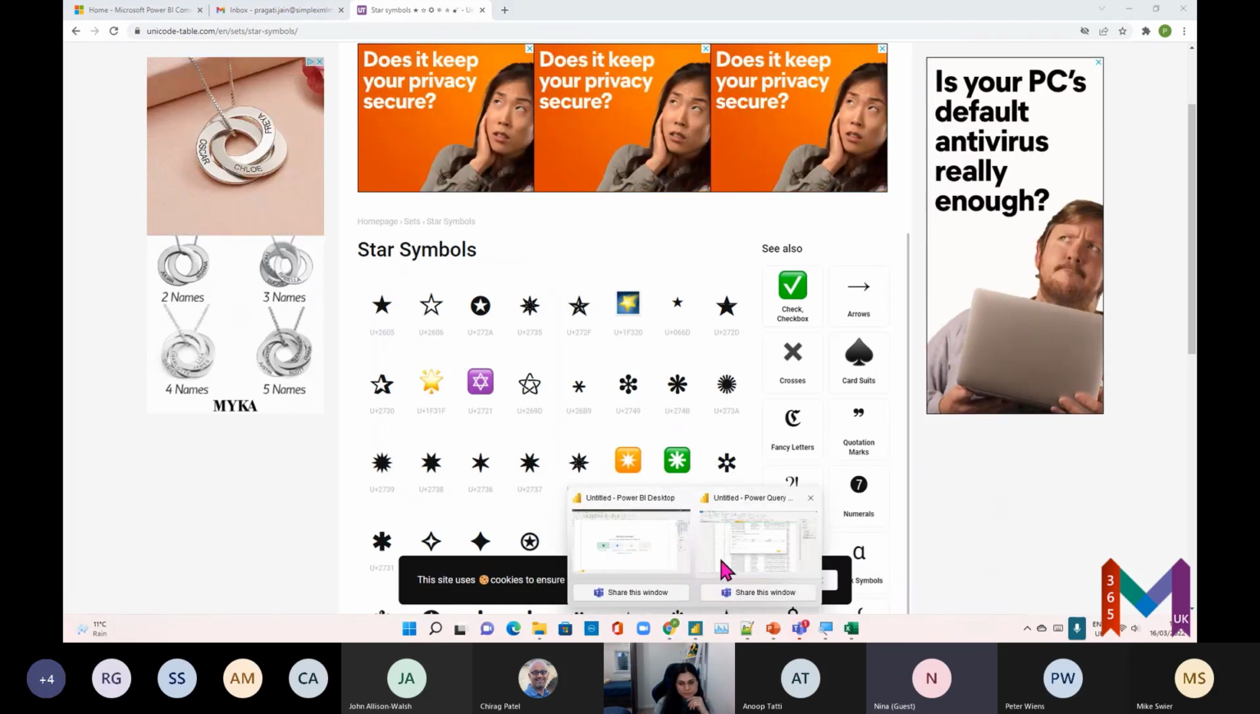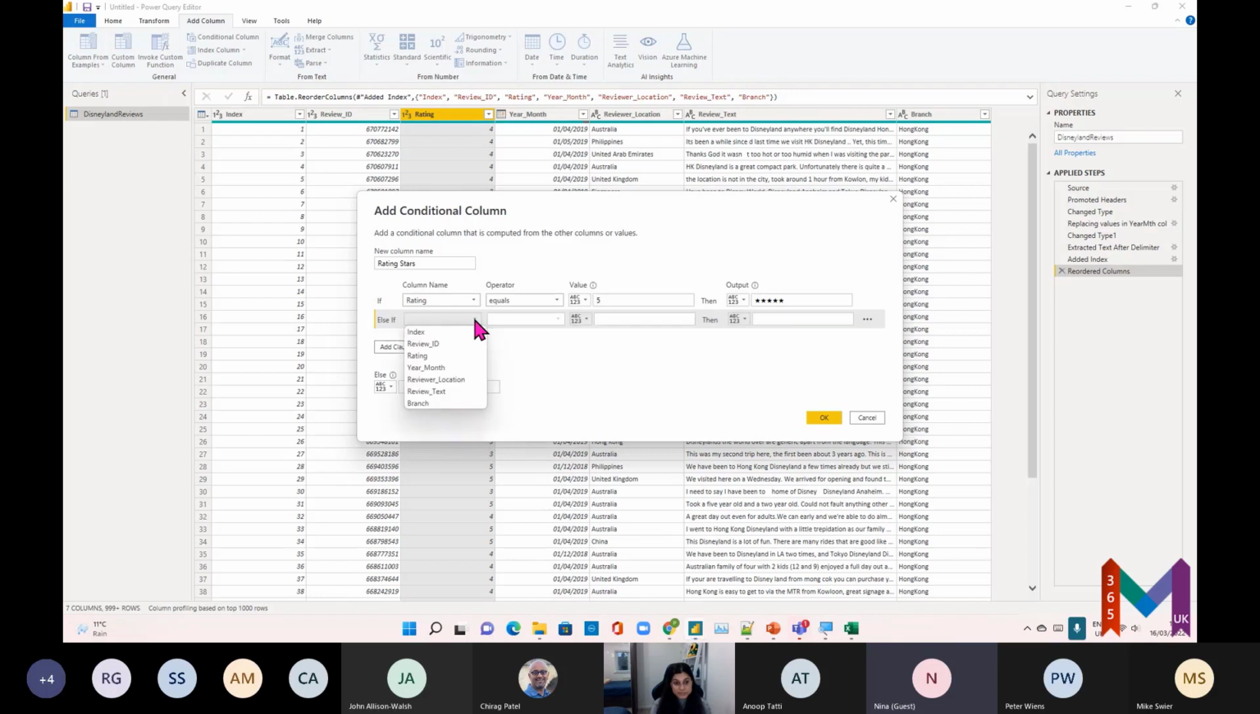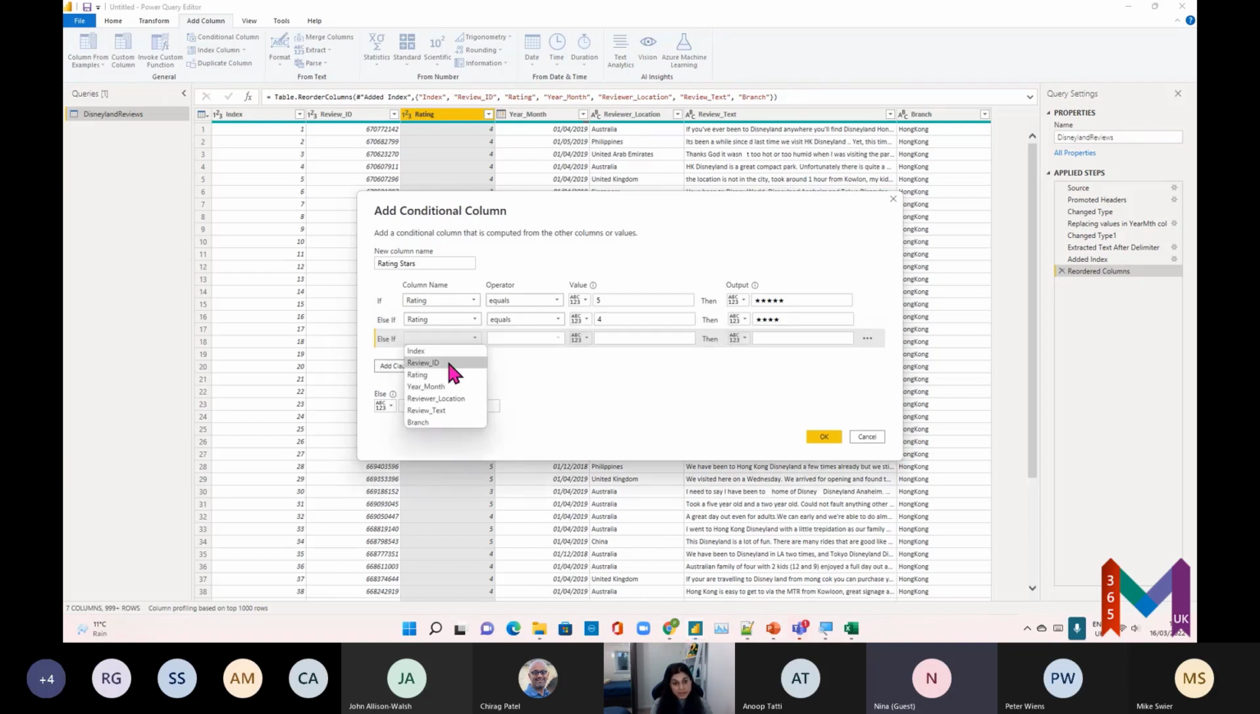Now I go back to my Power Query. My rating stars column is based on my rating column. If it equals 5, then I want it to be represented as 5 stars. It's just a copy and paste element, guys. It's easy on a Windows machine. Maybe on Mac you need to use different keys to copy and paste, but that works. And obviously I want different values for different rating values in that column. For 5, I need 5 stars. For 4, I'll need 4 stars. Similarly, you can keep adding clauses as many as you want, but in this column I've just got